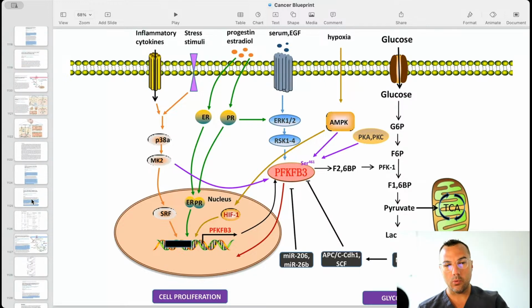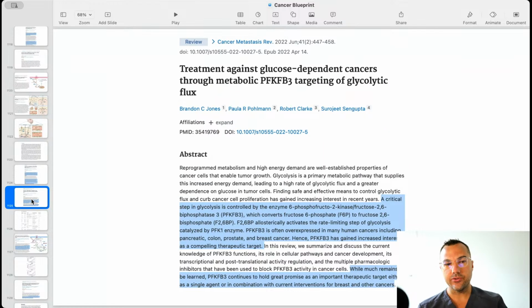Now, what we were not able to do in the prior video is actually get into the inhibitors of PFKFB. So I'm going to start with this paper here. It was published in June of 2022, and it's titled Treatment Against Glucose-Dependent Cancers Through Metabolic PFKFB3 Targeting of Glycolytic Flux. And it says here, a critical step in glycolysis is controlled by the enzyme 6-phosphofructose-2 kinase, fructose 2,6-biphosphatase 3, PFKFB3, which is why we call it that, because it's a mouthful, which converts fructose 6-phosphate,